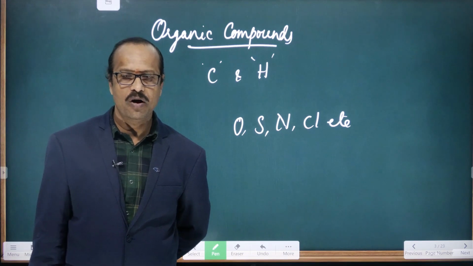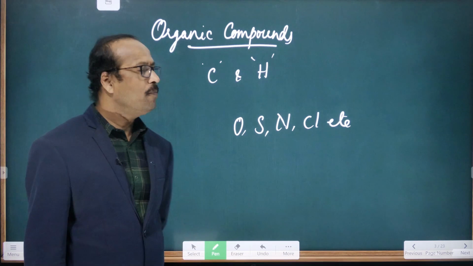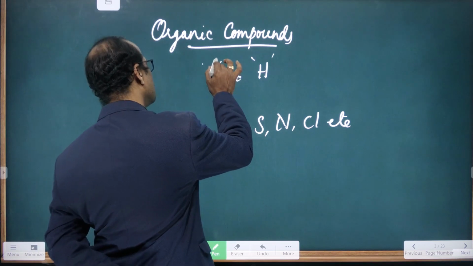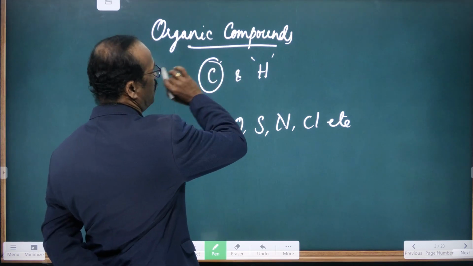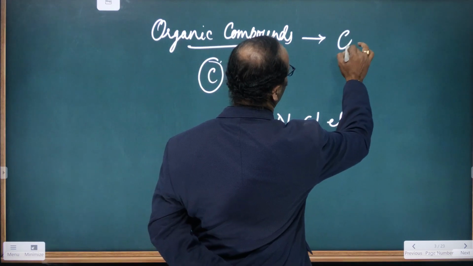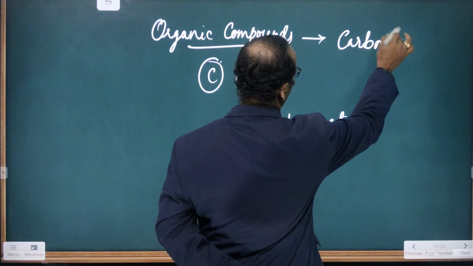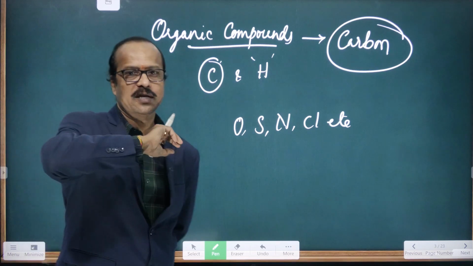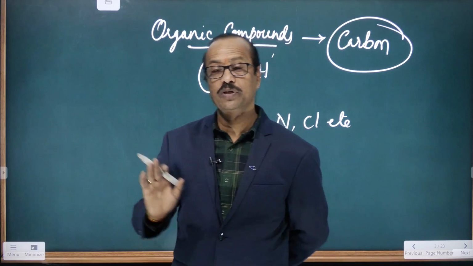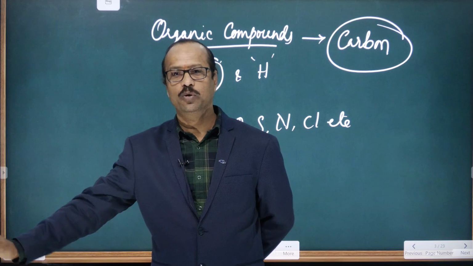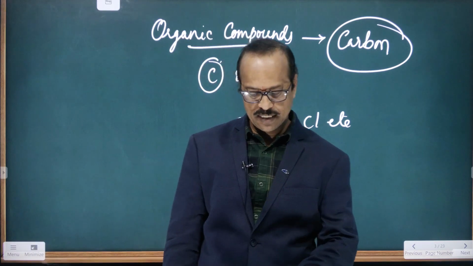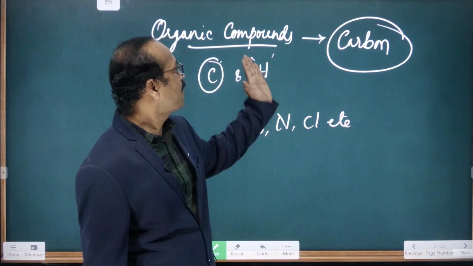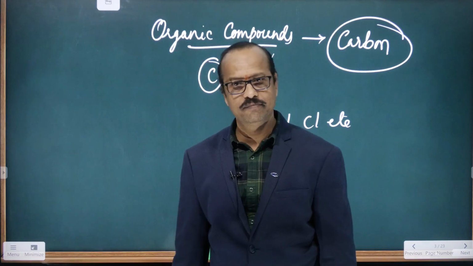In these organic compounds. So here organic compounds means what? The essential elements are carbon and hydrogen. In that also the most essential element is carbon. So in this chapter, in the first synopsis, mainly we are going to discuss carbon only, and then slowly we go to the organic compounds in detail, right?